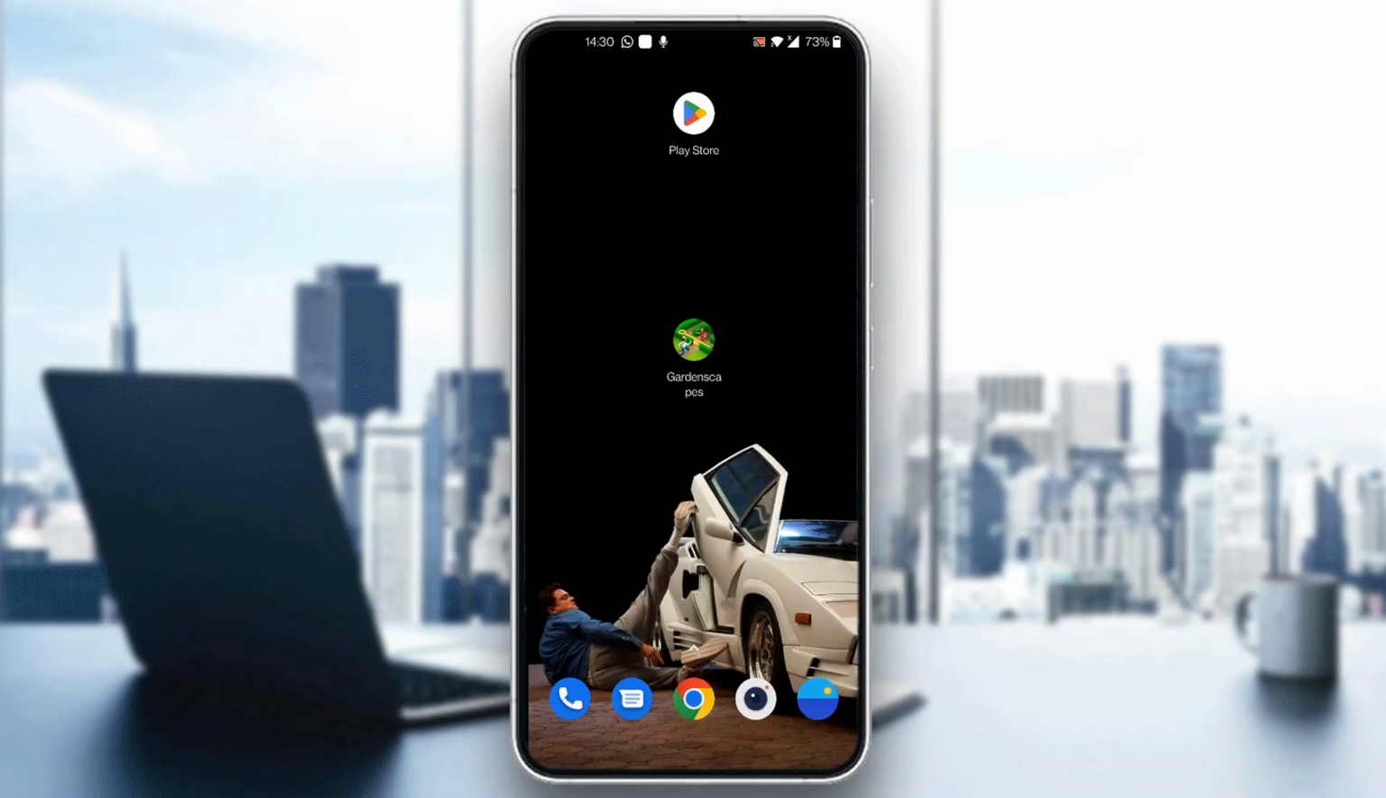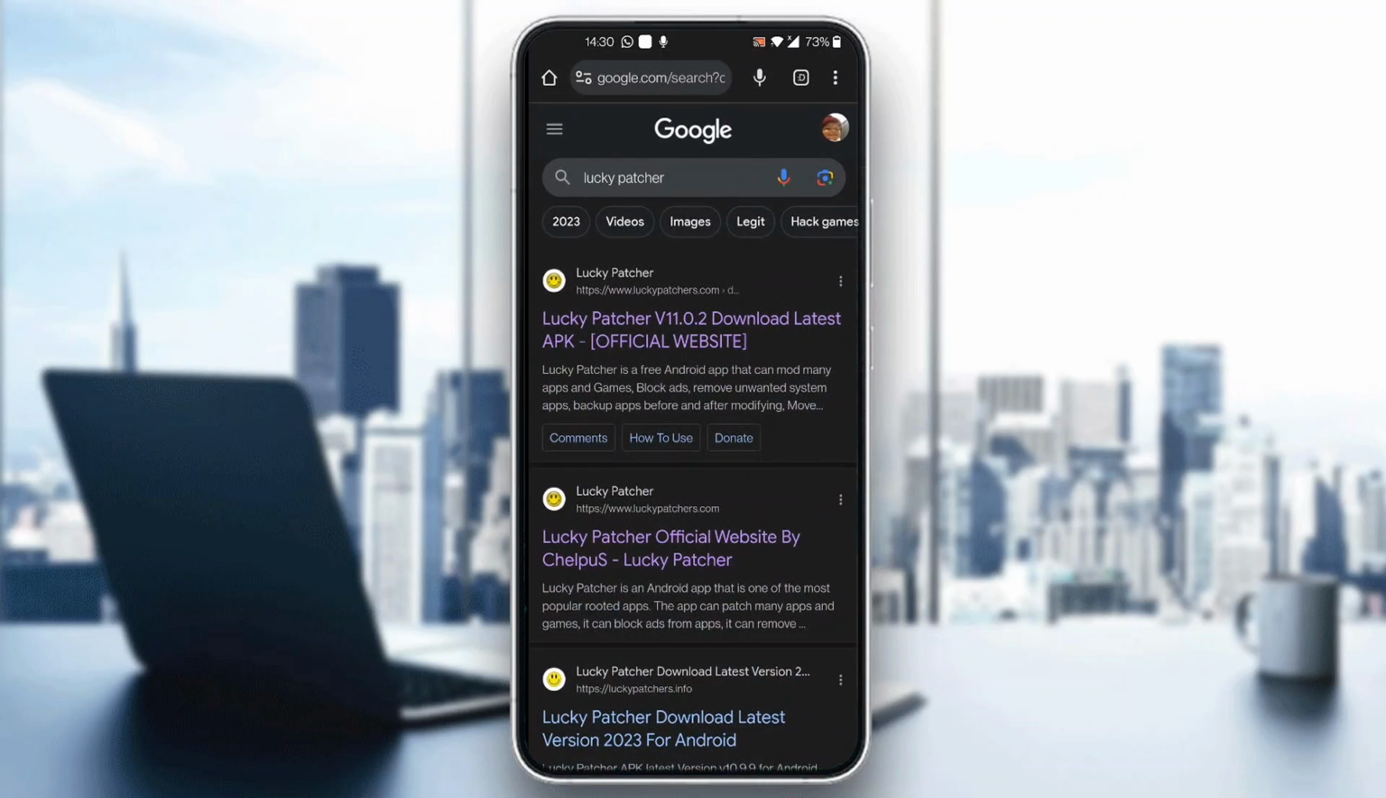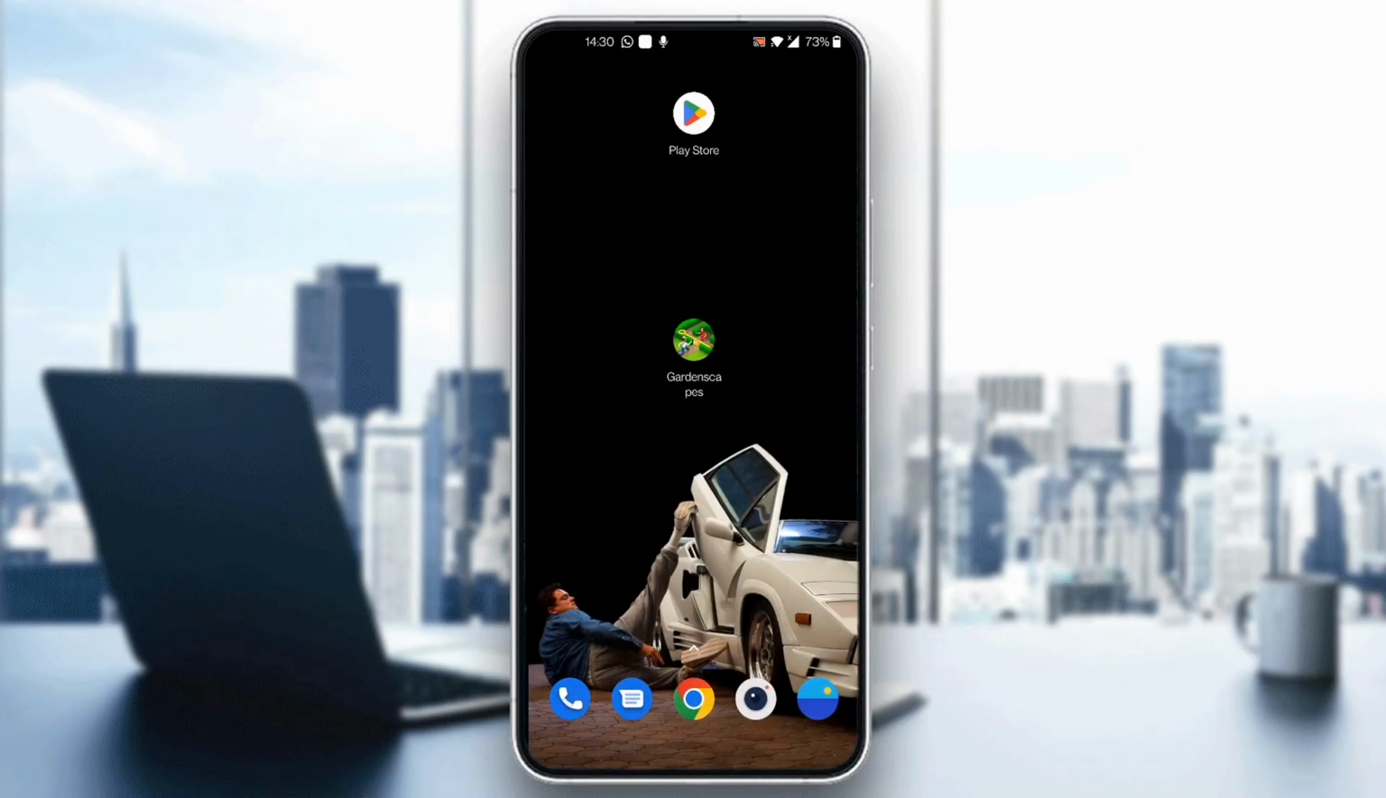So the first thing we need to do is download Lucky Patcher. So you want to search Google for Lucky Patcher, and go to the official website, which is luckypatchers.com. So here you can download it, open up the web page and download Lucky Patcher, and after installing the application on your mobile phone, you will be able to open it up and select the Gardenscapes application